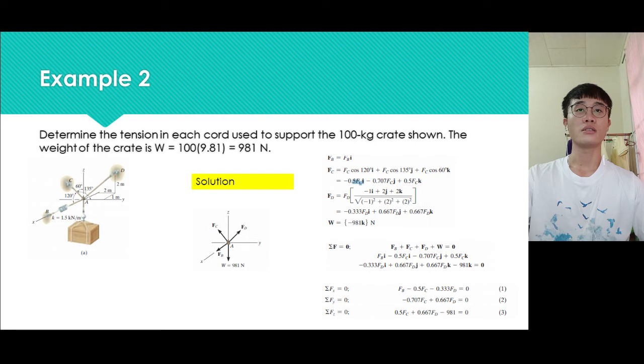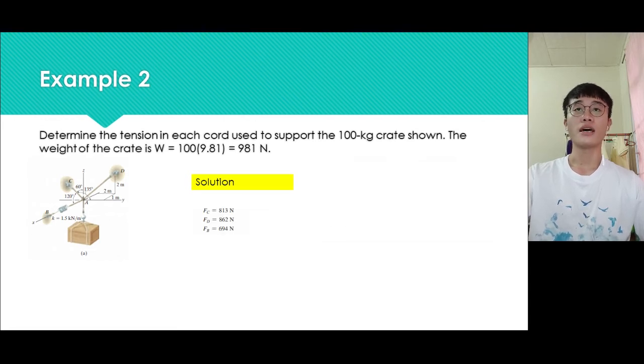After getting the 3 equations, we can solve for FC, FB and FD by solving the simultaneous equations. So FC will equal 830 Newton, FD will equal 862 Newton, while FB will equal